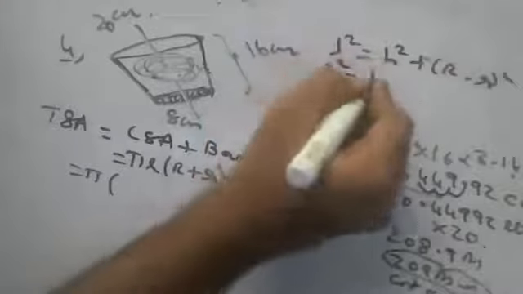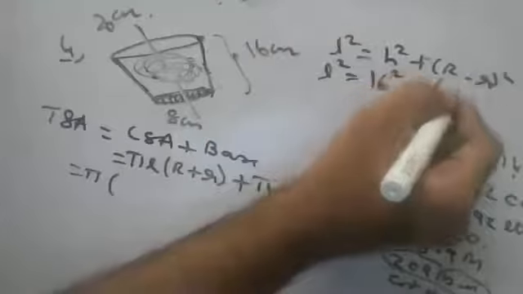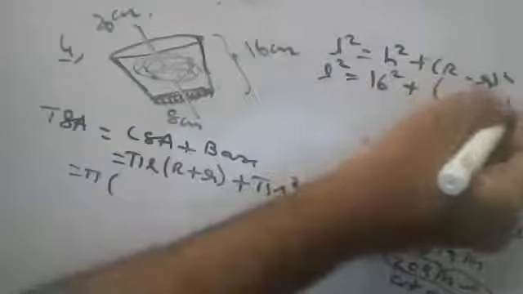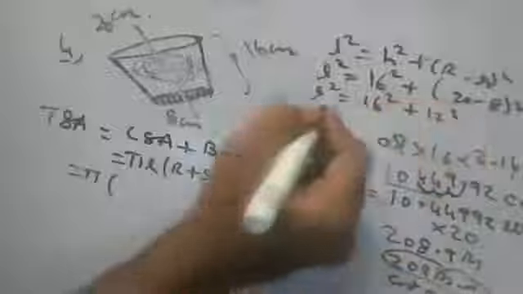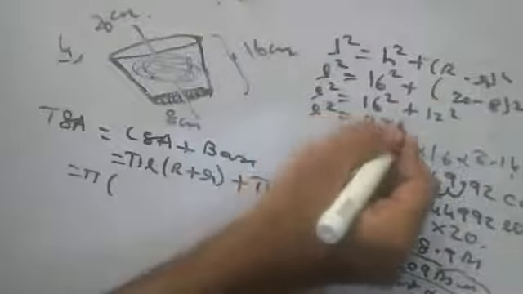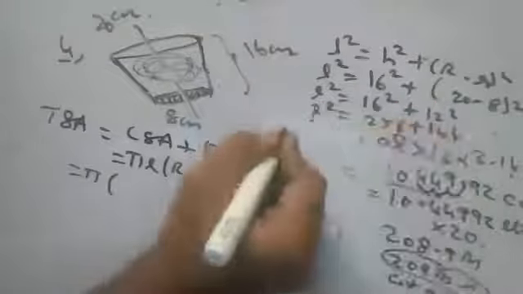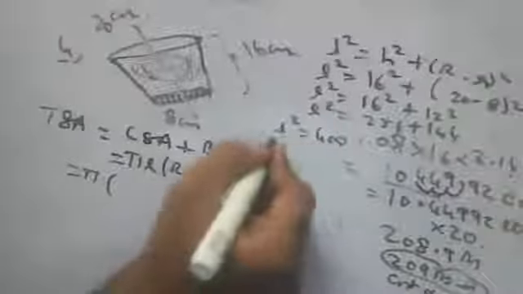L square is equal to 16 square plus 20 minus 8 whole square. L square is equal to 16 square plus 12 square. L square is equal to 256 plus 144. L square is equal to 400. L square is equal to